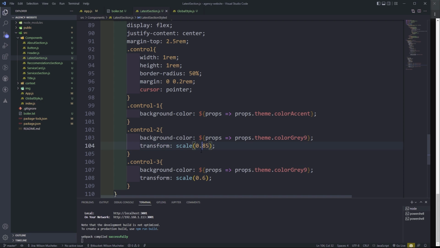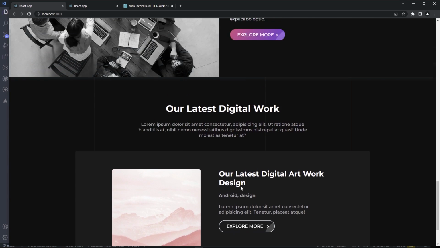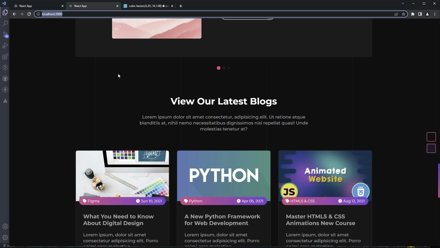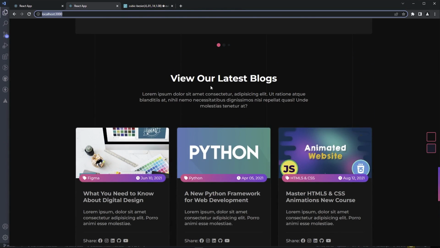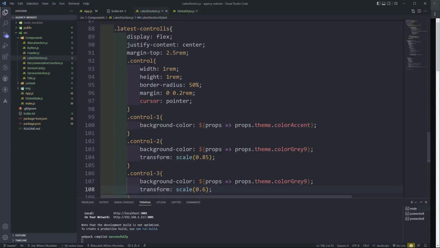Scale 0.85, 0.6 for this one. So as you can see, this one is bigger, slightly smaller and smaller. Okay, so there, that's the whole thing for this section. I'll see you in the next session where we're going to be working on the latest blog section. This is a bit tedious, but alright, so now let's work on the blog section,